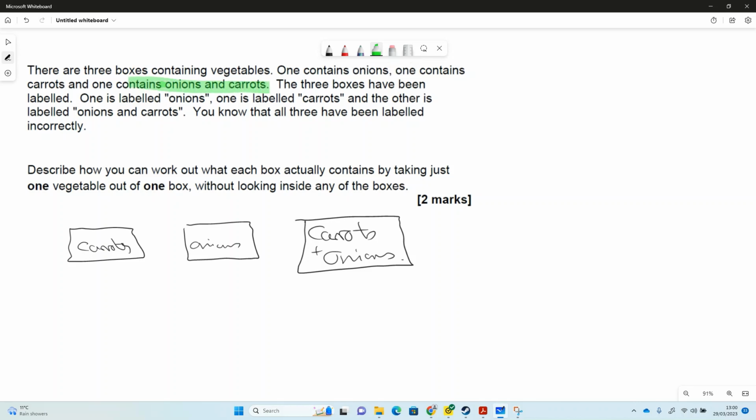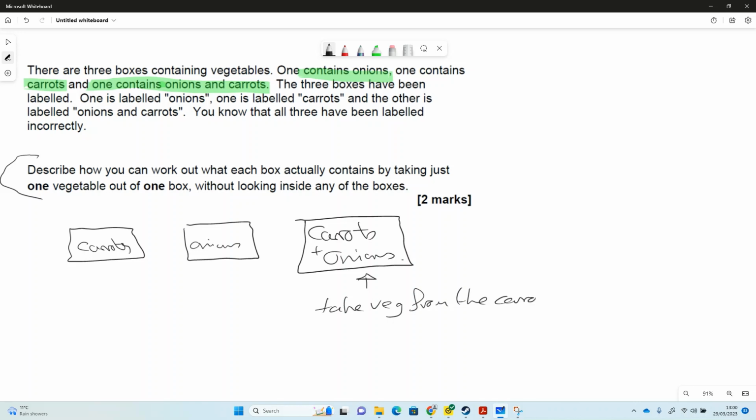So one of the boxes contains carrots and onions. One contains just onions. One contains just carrots. Just for fun, we've drawn the boxes and they've been labelled, but we know they're all labelled incorrectly. Then it wants us to describe how we can work out what each box actually contains if we just take one vegetable out of one box. So we know they're all labelled incorrectly. So if we go for this box, which has got both in, we can take a veg from